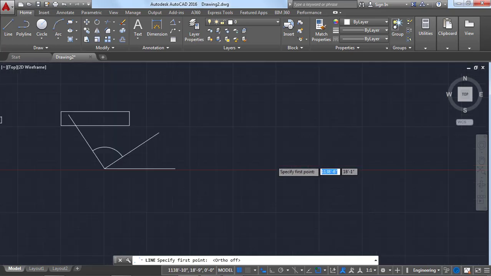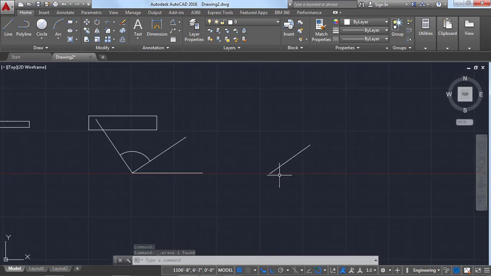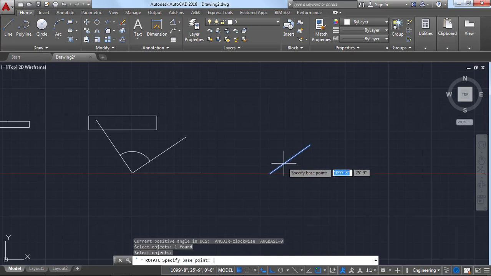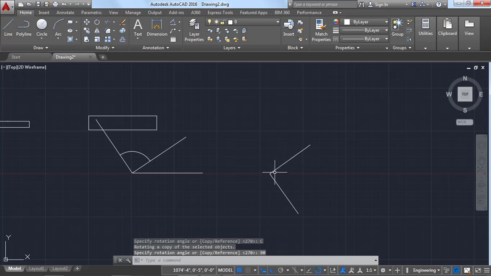Draw a line with some inclination, then with the help of the rotate option, rotate this line. After selecting, click enter. After that it asks for the base point, click the base point and click on copy, and give 90 degrees. Here we can see the 90 degrees is taken from this point in the clockwise direction.